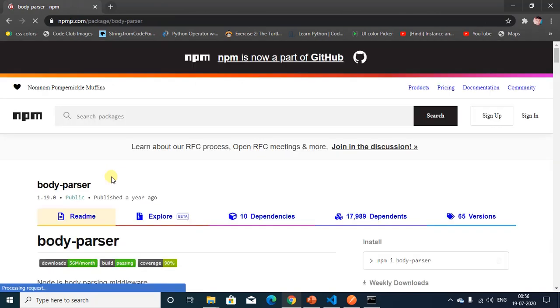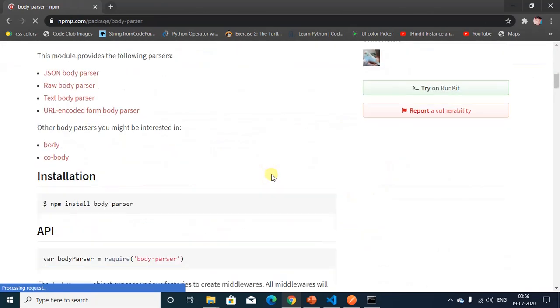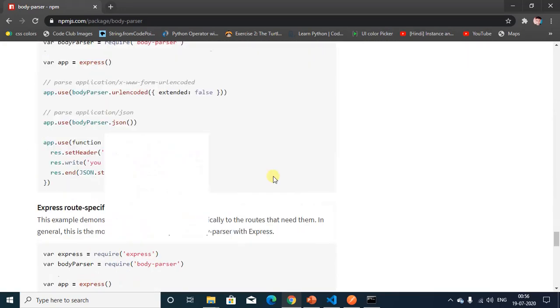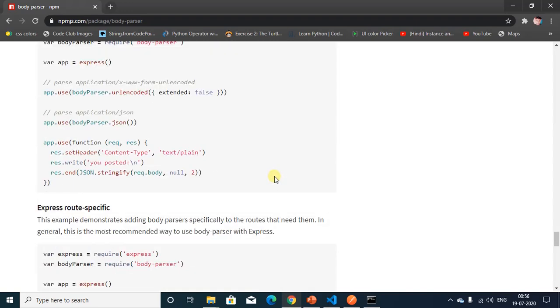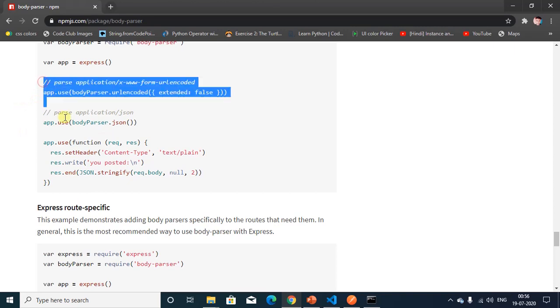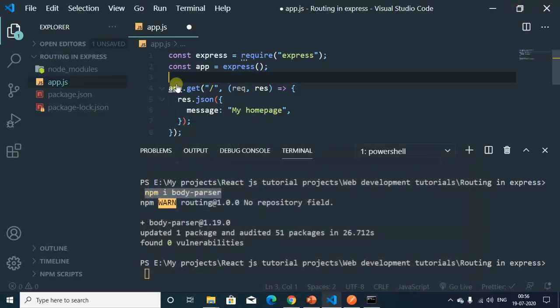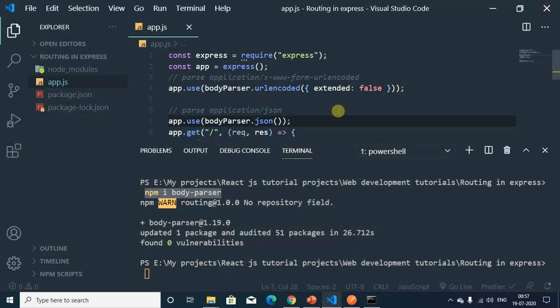It is a part of node package manager. If you scroll a little bit, you can go ahead and read all of that to gain more insight about this module. First we have to copy just these two lines, and then I'm going to explain them to you. Just paste that right here and save. The first thing you're going to use is app.use(bodyParser.urlencoded({extended: false})). Body parser is just a middleware which we are going to use right here,